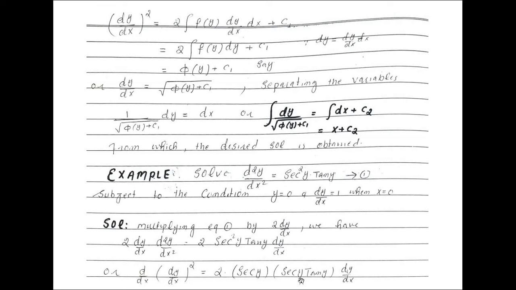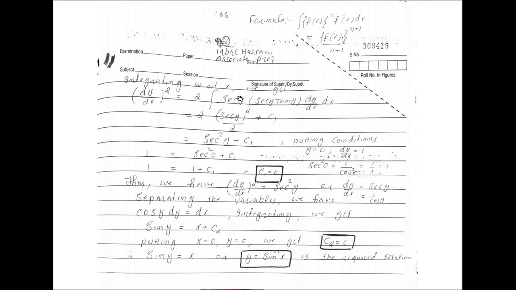Now integrate both sides. During integration d by dx will be cancelled and we will get dy by dx whole square, and we will integrate the other side. If we see here, this is f, this is f dash, this is f, this is f dash. और यहाँ पे हमारे पास फार्मूला है कि अगर इंटीग्रेशन हो f of x का जिसका पावर n हो और ये f of x यहाँ पे f dash की सूरत में भी हो, तो हम इस किस्म के फंक्शन का इंटीग्रेशन लेने के लिए इंक्रीज द पावर एंड डिवाइड बाय द पावर का फार्मूला यूज़ करते हैं।